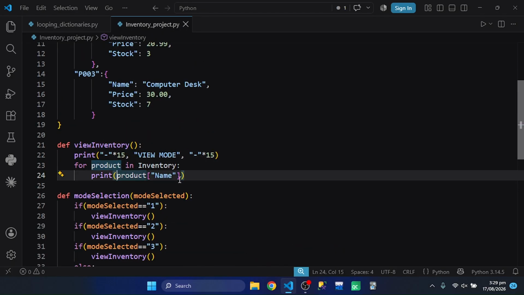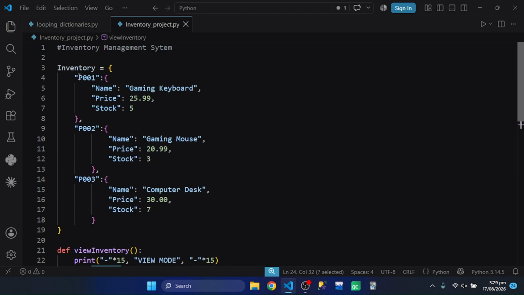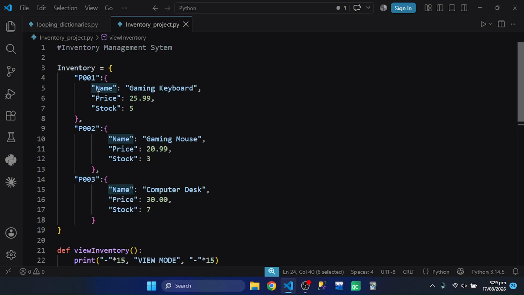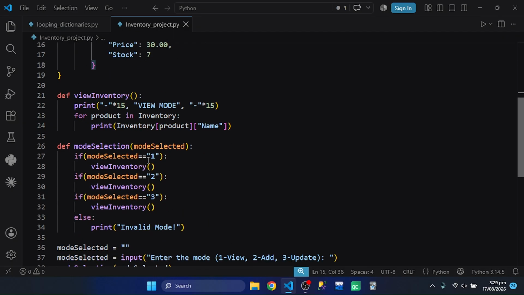So we can use the name of the main dictionary here and put product, which represents the keys in the main key value pairs, and this name represents the key value pairs in the nested dictionaries. So let's move on,